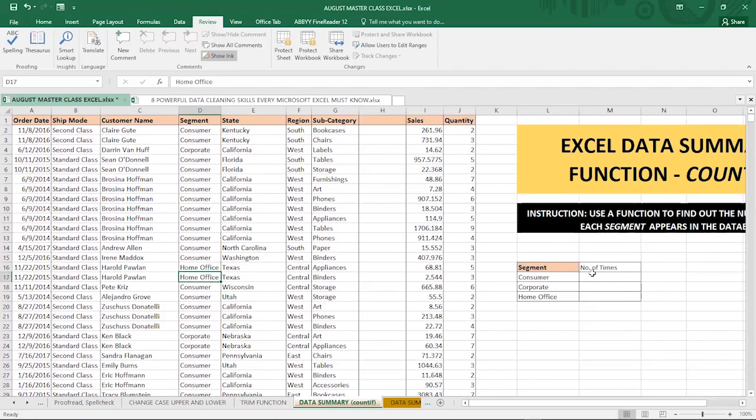So without wasting much time, let us attack the problem at hand. You have segments, and you have the number of times. The Excel function that we can use to achieve this is the COUNTIF function. The COUNTIF function counts the total number of outcomes, but in such a way that it returns a value based on the criteria that is selected. Very, very easy. Just like the count functions, but COUNTIF is a count function with a criteria,